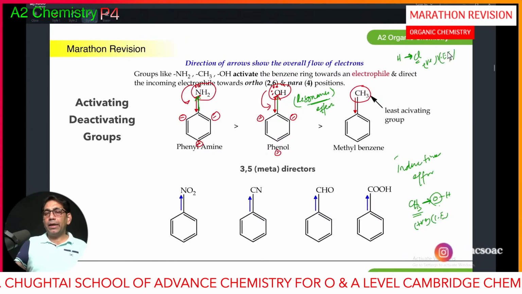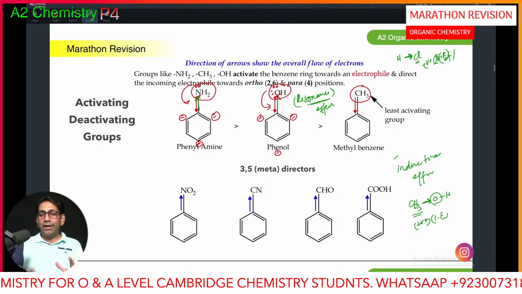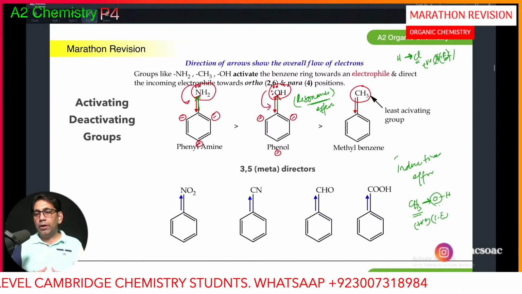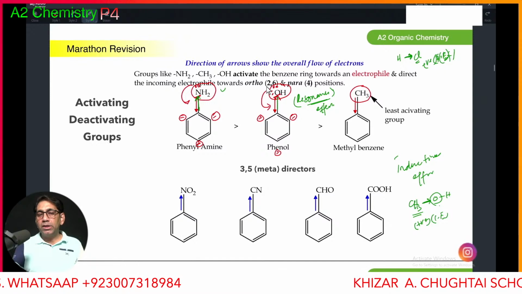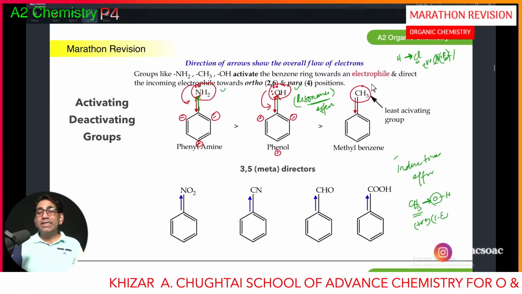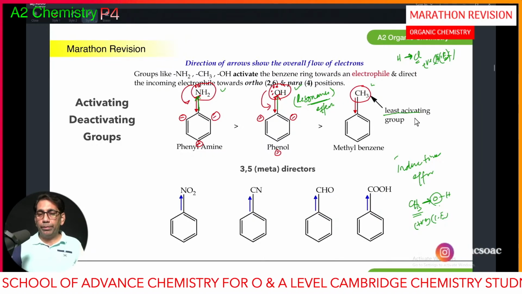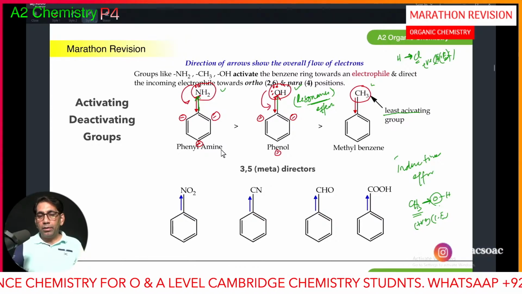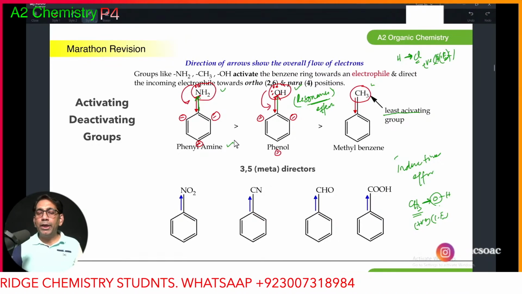So basically, the inductive effect. Basically, there are two major phenomena in operation. Generally speaking, you will have to learn these names. NH2 group is an activating group, OH group is an activating group, CH3 is an activating group, but it is the least activating group. So under these conditions, if you are using phenylamine to react with any other molecule, if you